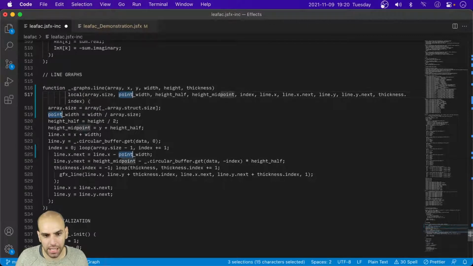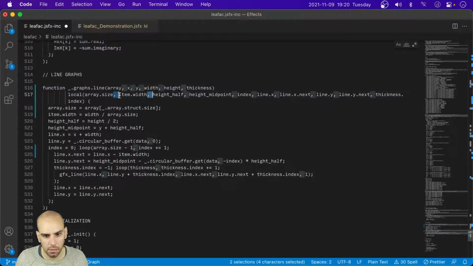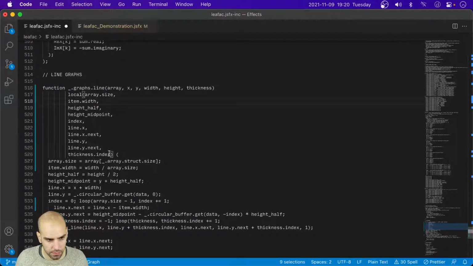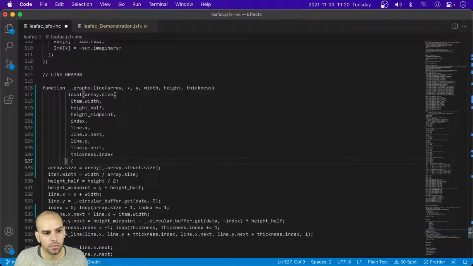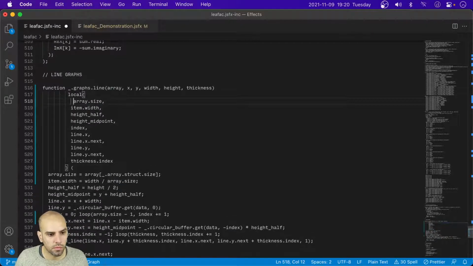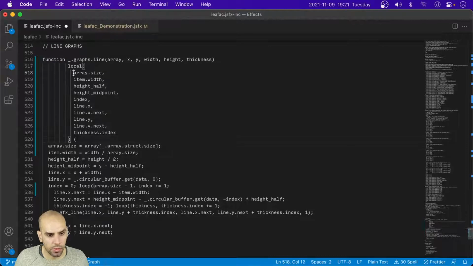The array has some items. Item width. And this is wrapping to the next line. Let me fix this real quick. Perfect. So we have an array size, we have an item width,